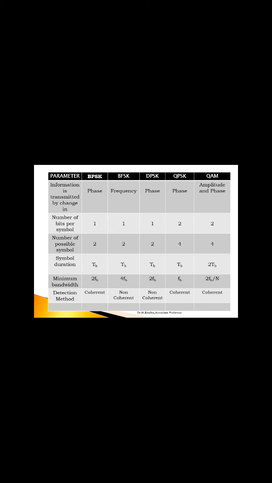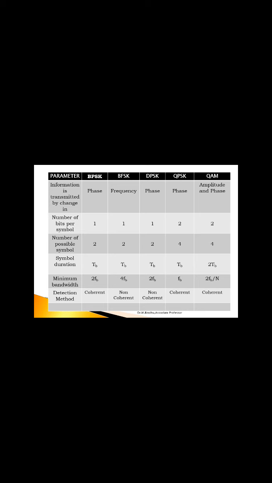So here we can find the difference between the systems we have studied so far. In my previous videos you have seen BFSK, QPSK and QAM. The PSK parameter says that only phase is varying, whereas in QAM both amplitude and phase vary. In FSK only frequency is varying. How many bits can you transmit per symbol? Here only one bit, whereas in the quadrature systems you transmit a dibit. Therefore, QAM occupies more symbol duration. That's why it is more prone to noise.